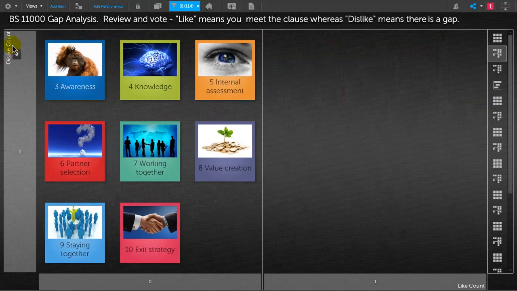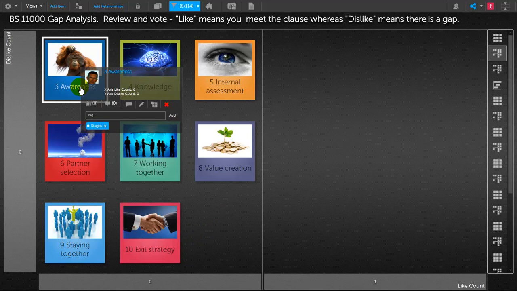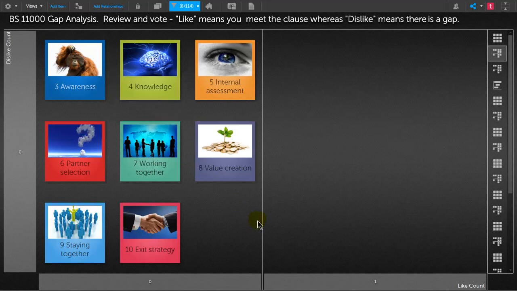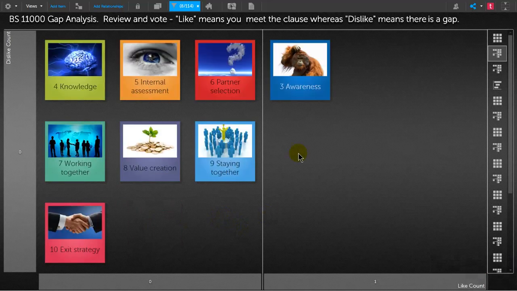So on the left hand side here I've got the dislike count, which is zero, and I've got the like count, which is 0. And what I do with people is we go through and have a look at this and say, well, do you think you're fully aware of the collaborative working and whether the collaborative approach is right for you? And if everyone says yeah, I think we do, we can vote a like and so forth. And when we come out from that, we can then see when we move it, it automatically updates into